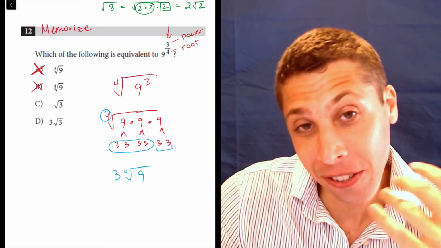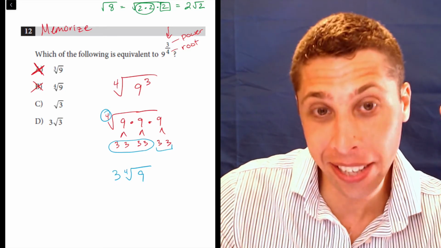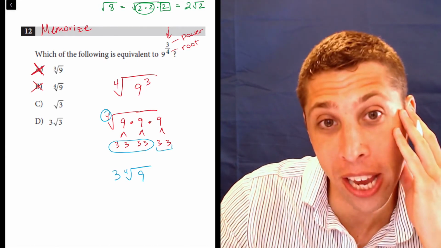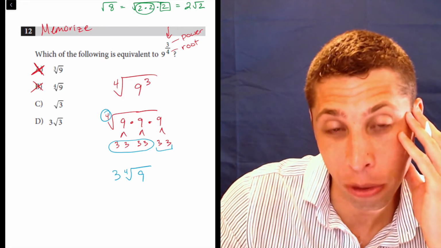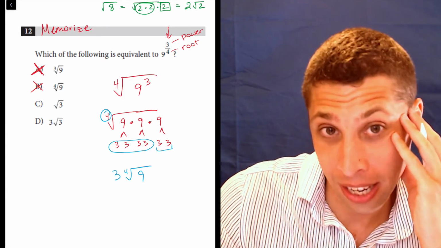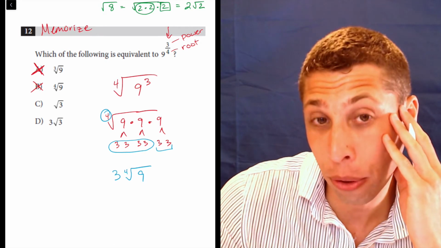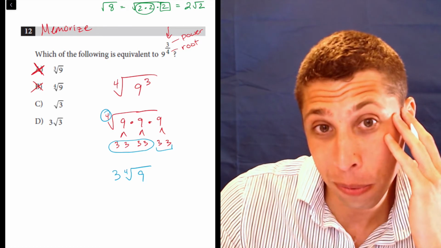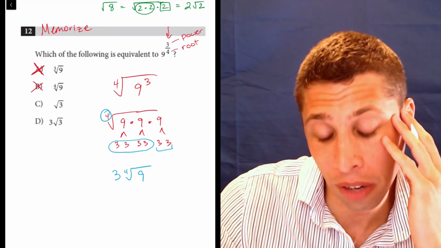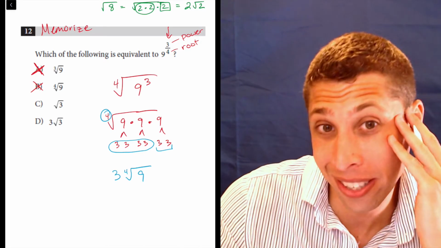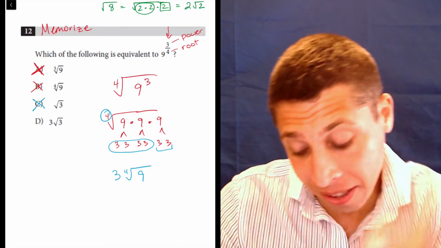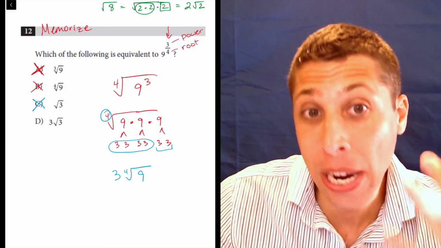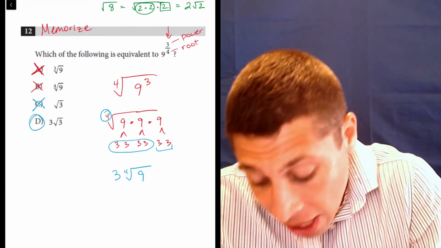Hopefully, you can also now see that this is going to be at least as big as the number 3, right? It's 3 times something. I'm having trouble understanding the something, but 3 times something. Whereas choice C is just radical 3. That's actually smaller than the number 3, right? It's the square root of 3. So for similar reasons that we crossed off A and B, what we have, even though it's not an answer, cannot possibly match with choice C no matter what we do to it because it's already bigger than that, which leaves us with D, which is the answer,